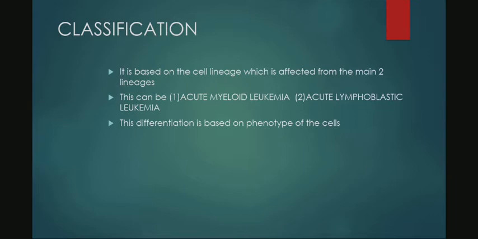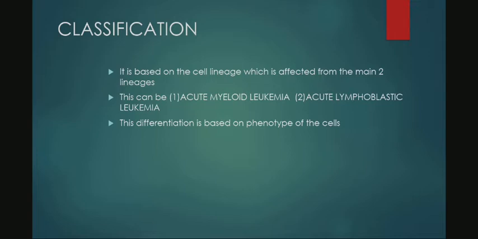When we come to the classification, okay, so the classification of acute leukemia is based on the lineage of cells which are affected. And this is the reason why I had to walk us through the hematopoiesis process. And this is why I had to mention the two main divisions, the two main cell lineages. So now, with that understanding of the myeloid lineage and the lymphoid lineage, as was described earlier,